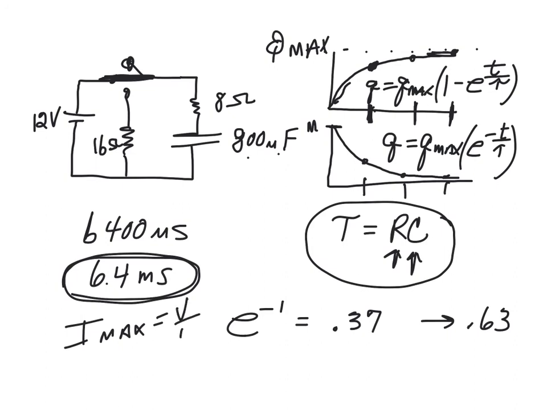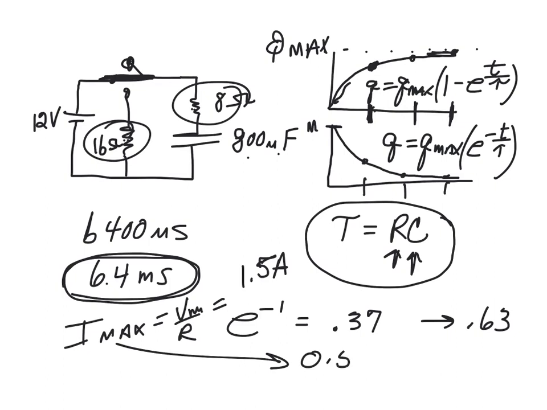I is going to be voltage divided by resistance. So the maximum voltage would be 12 volts divided by 8 ohms. And so the maximum value in the charging cycle was 1.5 amps. In the discharging cycle, you now have 24 ohms of resistance. So the I max in the discharging cycle should have been a half an amp. And the Q max comes from the equation that Q equals C times V. So if you take the C and you take the V,